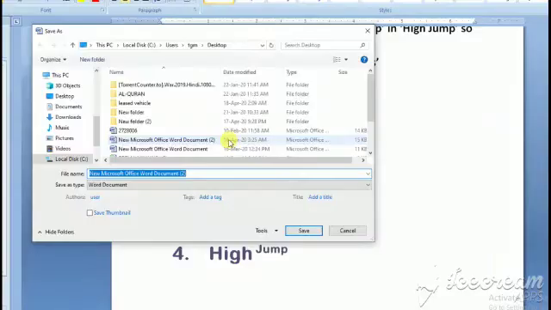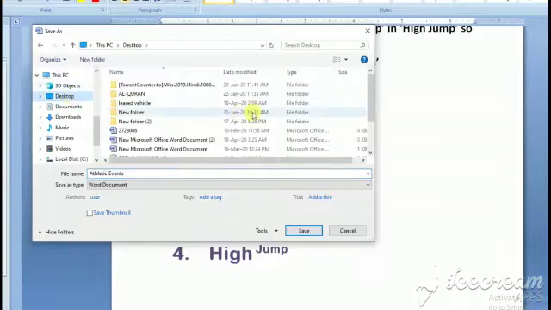save. When we click on save, this save as dialog box will appear in front of you. You can see here is a file name, here is a file type. So I erase it with the help of backspace and write the name that is given, athletic events, and I can choose the place where I want to save.